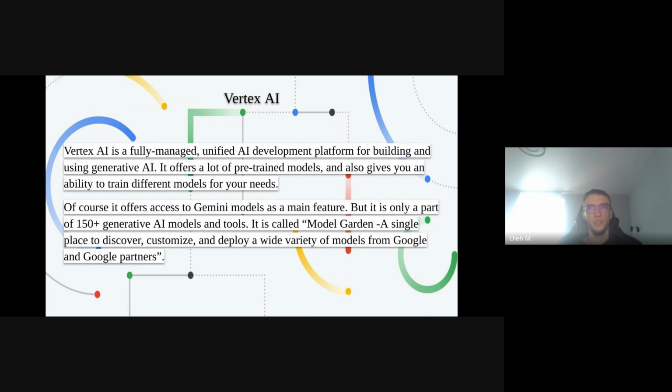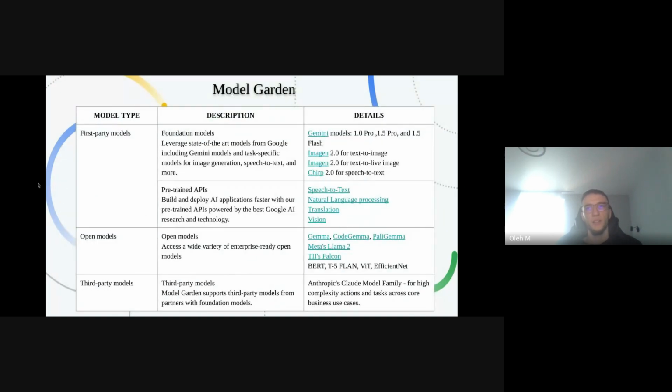It's called Model Garden, a single place to discover, customize, and deploy a wide variety of models from Google and Google partners. Here is an overview of the main and most popular models from that garden. Of course, it's all types of Gemini without Nano. Imagen for text to image, text to live image, Chirp for speech to text and text to speech,